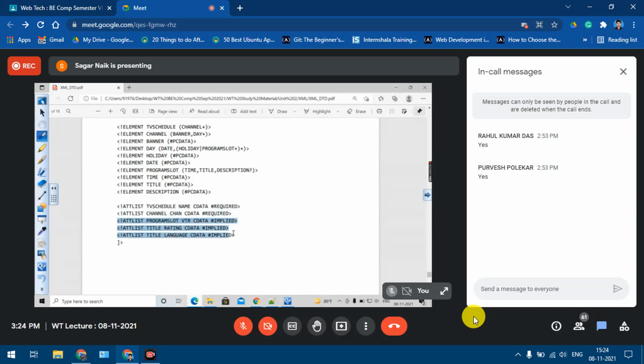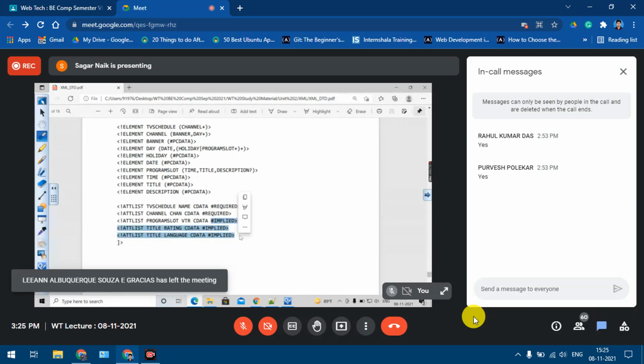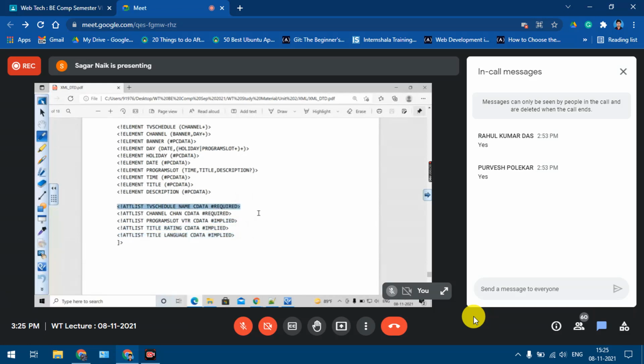Now, program slot has VTR as an attribute, the title element has rating as an attribute, and the title element has one more attribute, language. These are implied, so even if you skip them there is no problem. But for the first two, the user has to provide these attributes for the TV schedule and channel elements, otherwise the parser is not going to validate the XML file.